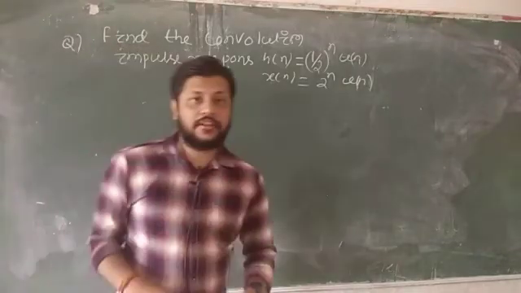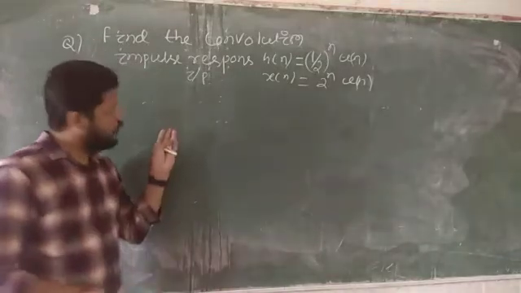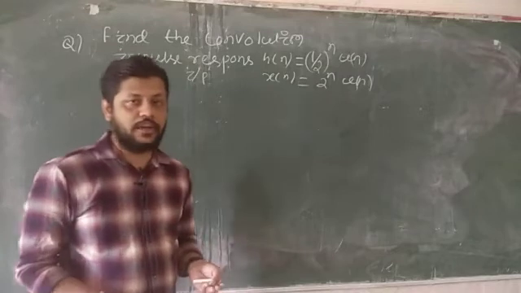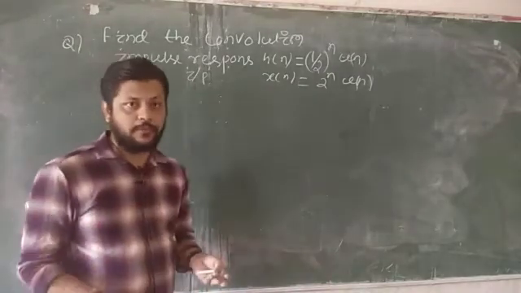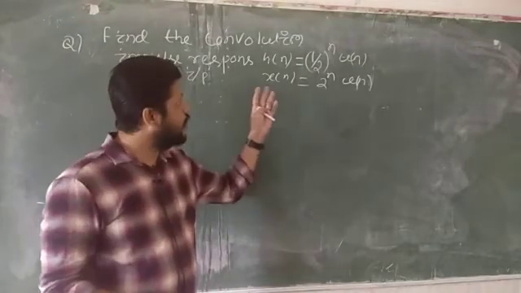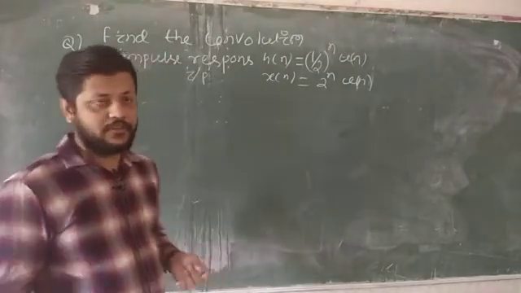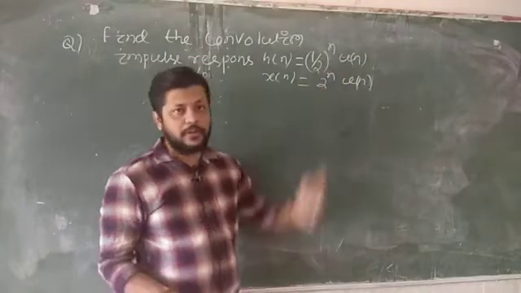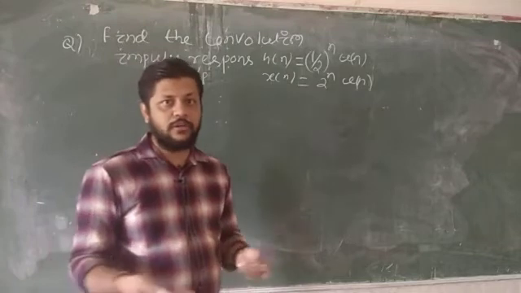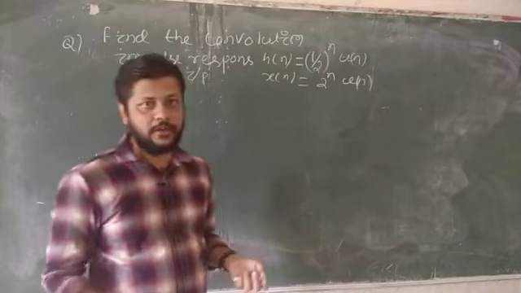Next, see another example of finding the convolution. This is very important because this is an infinite duration signal, so you cannot apply the tabular method here. You have to solve by using the definition or the graphical method. By definition I will solve one problem for you. Find the convolution if the impulse response is given as hn is equal to half to the power n into un. The moment you see anything multiplied with un, that is a causal signal. That means this value exists only when n is greater than or equal to 0; no value exists for negative time.